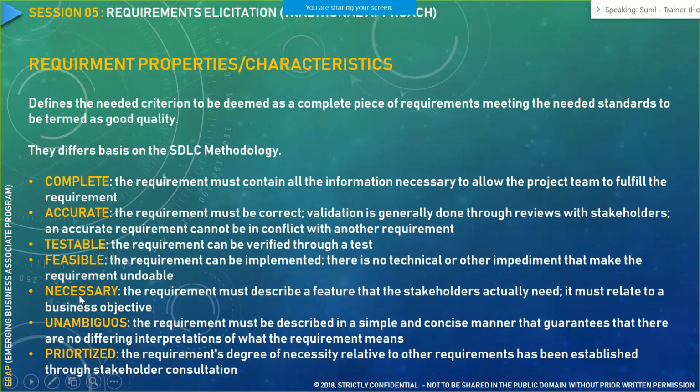Then the requirements which are necessary, as I told you, there are certain ways in which you could prioritize the requirements. So you have to specify that these are the necessary set of requirements that you need to complete. Then there would be certain requirements which may not be necessary at that point in time. So you could give them a second priority or third priority, based on the conclusion and agreement of everyone in that particular project. Next, the requirement shouldn't be ambiguous.